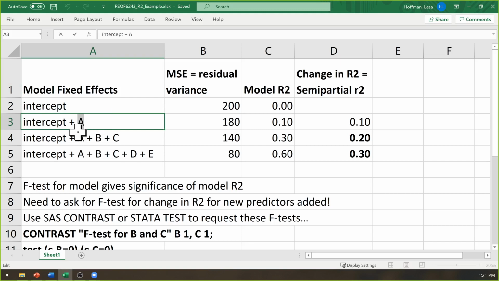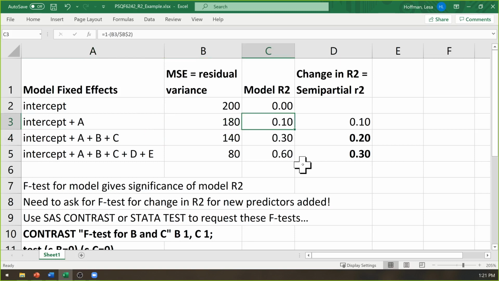Look at the test for A specifically: the slope estimate divided by its standard error is a t. The p-value that goes with that t is the same p-value that goes with the F for the model, because t squared is F in that case. So either way you look at it, the output is directly going to tell you whether that 10% variance accounted for by predictor A is significant. And if we talk about change in R-square relative to the previous model, I had nothing in terms of prediction. Now I've got 10%, so that's a change. So those two are telling me the same thing.